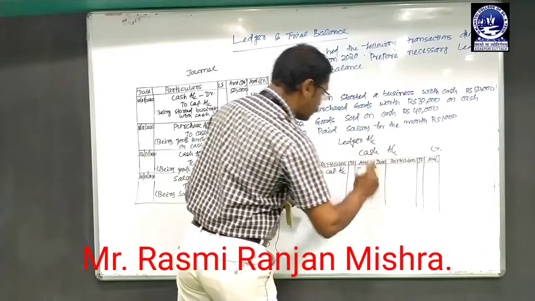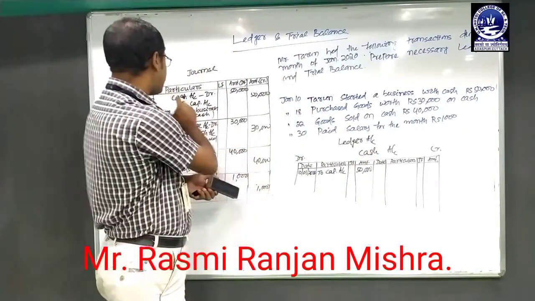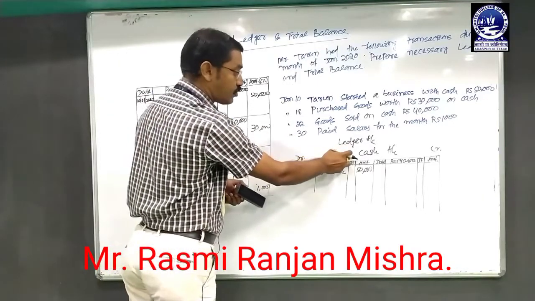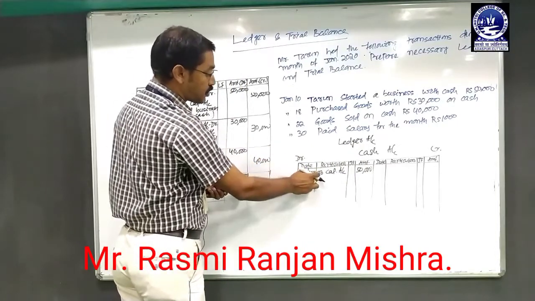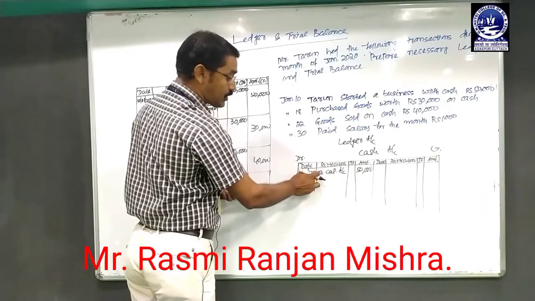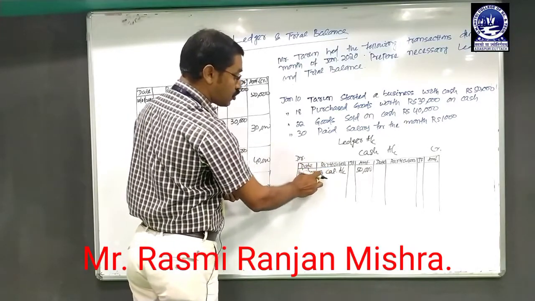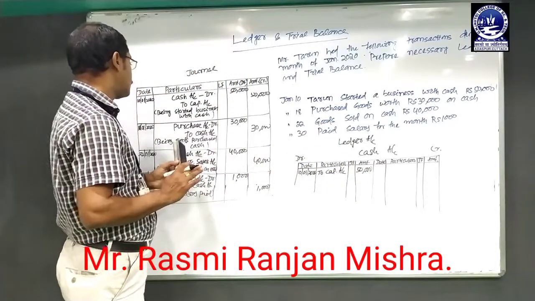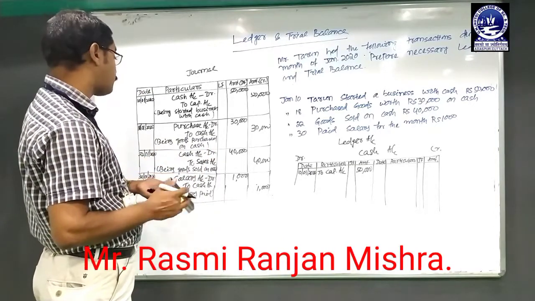So this is the posting of a journal to ledger. As cash account is debited on 10th January, so in ledger account of cash we must go to the debit side or left side, put the entry, that is in particulars column, always start with To and we have to put capital account. So To capital account and the amount is 50,000, completed. Then next come to other transaction where cash account is debit or credit.